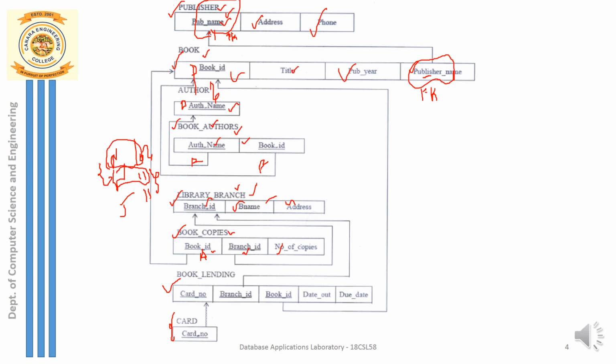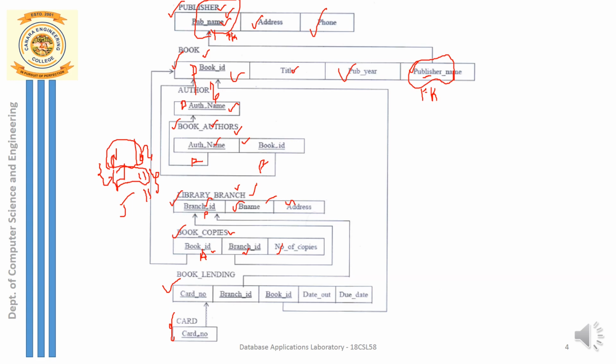Next I have the program ID, which is part of book copies. Here again this program ID is a foreign key. Why? Because again this is referencing the program ID of the library branch table, the program ID that has been defined as the primary key here in the library branch table. So the arrow must point to this branch ID or program ID of the library branch table. So branch ID or program ID is a foreign key over here, right?